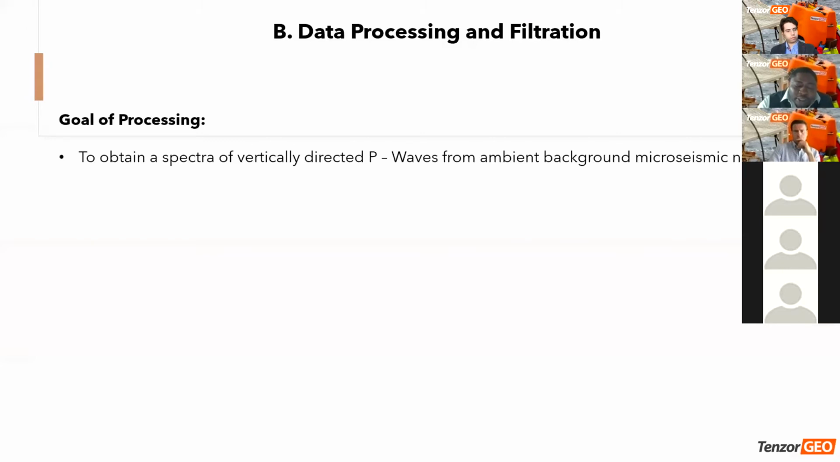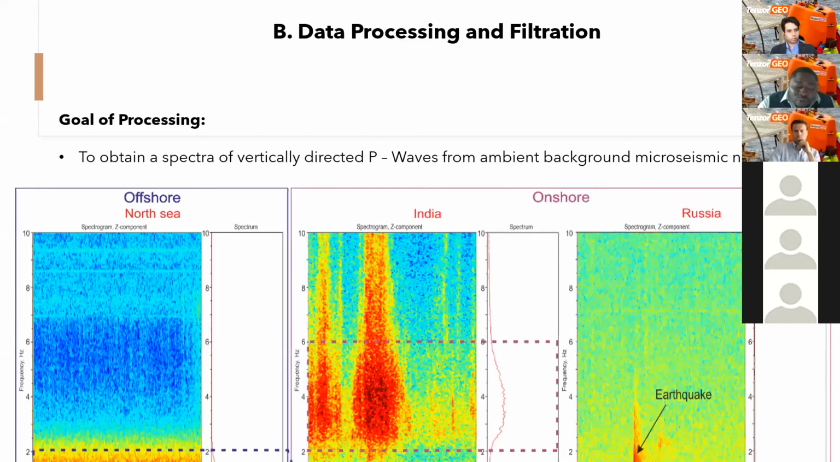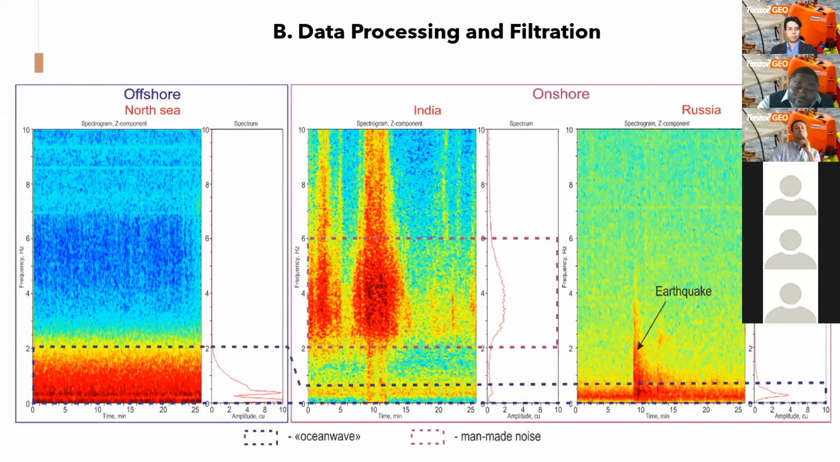It is important to understand the difference between offshore and onshore raw microseismic data. Now, offshore records have increased amplitudes from oceanic wave noise in the range of 0 to 2 hertz. So this typically here would be your noise range. Now, this covers the target frequency range of 0.6 to 1.9 hertz, which we anticipate contains a valuable part of